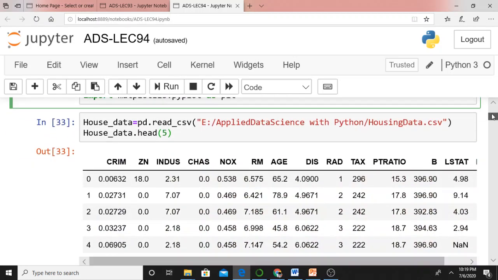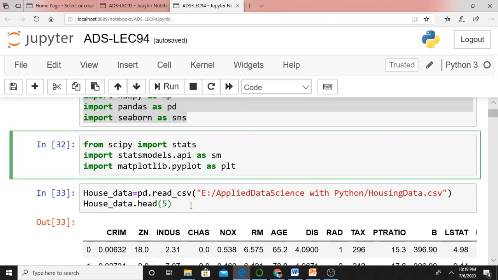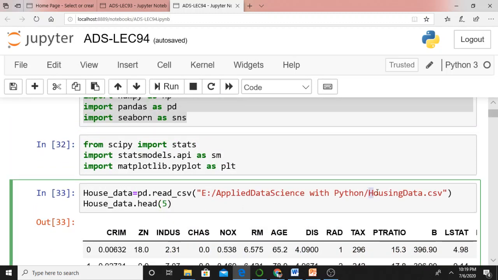This time we will try to work with a new data set, housing data.csv. We will also work with a new data set for a little variety. This is the Boston housing data set, which is available on the Kaggle website. This is available in different websites. Even if you want, you can download from my Google site.